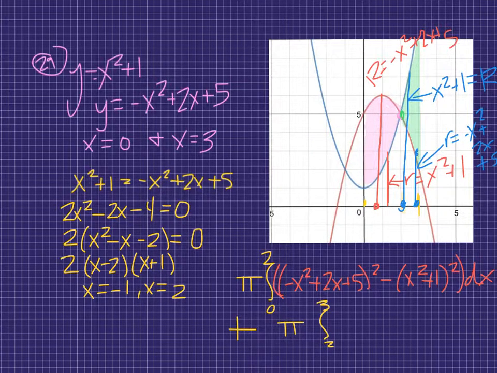So that integral is going to be pi times the integral from 2 to 3 of big R squared minus little r squared